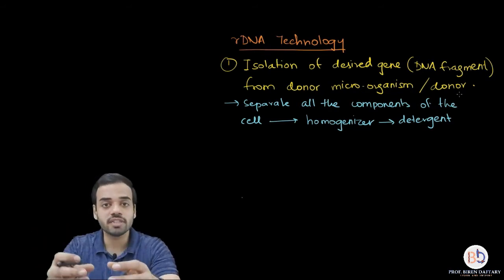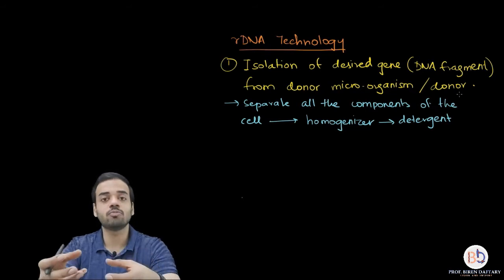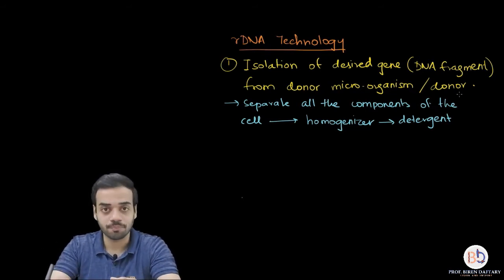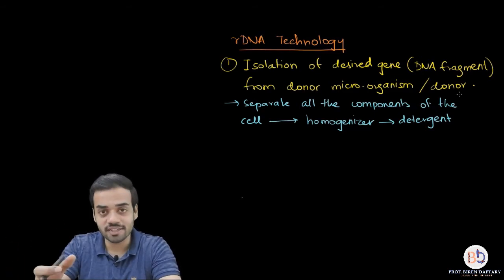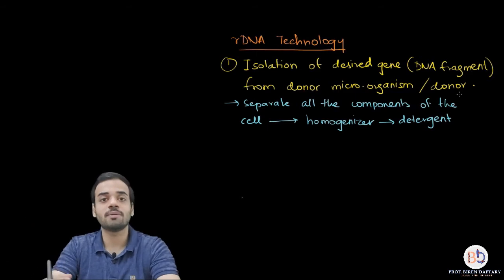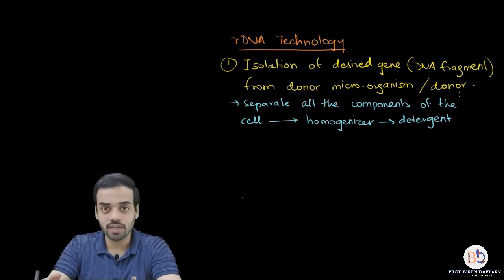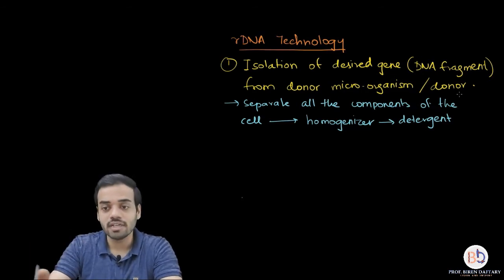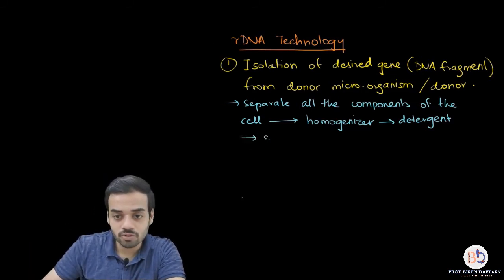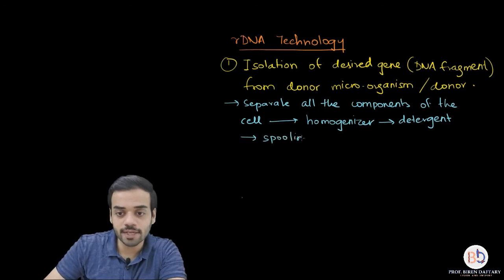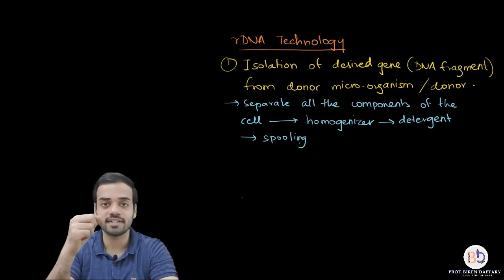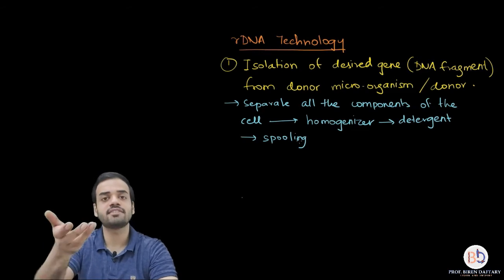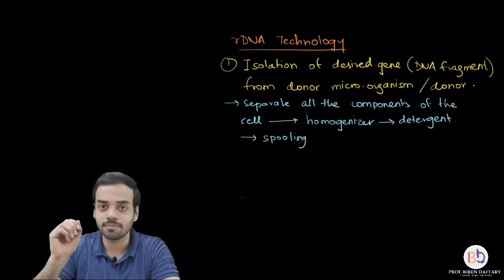When you have homogenized the cells, that homogenized mixture is basically in liquid form. So from that liquid you want to precipitate the DNA, and for that normally chilled ethyl alcohol or chilled ethanol is used. By pouring chilled ethanol, the DNA precipitates out, and this DNA which precipitates out can be spooled, so the process is called spooling. A glass rod can be used, and this DNA which is formed is in the form of very fine white threads, and those white threads are floating on the surface of the homogenized mixture.